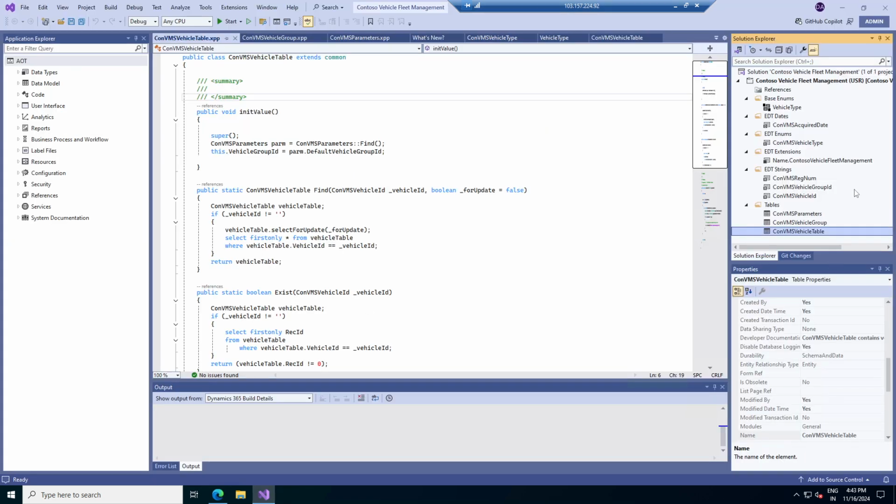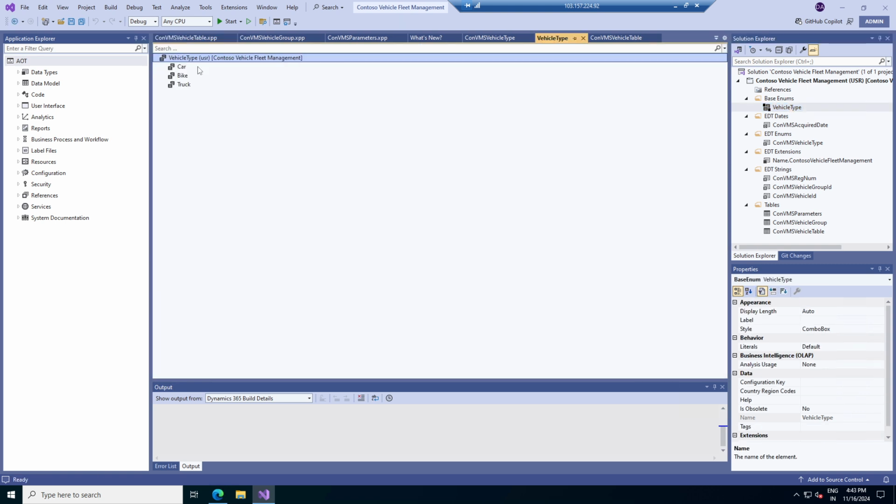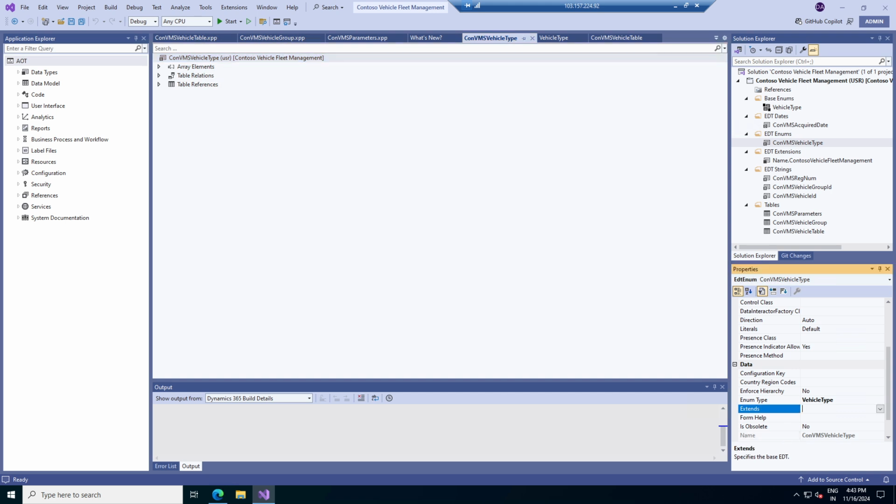Let's see why we are not able to see the vehicle type. The car, bike and truck are shown over here. Then we have the vehicle type enums, and this is actually the enum type of vehicle. It should extend our standard